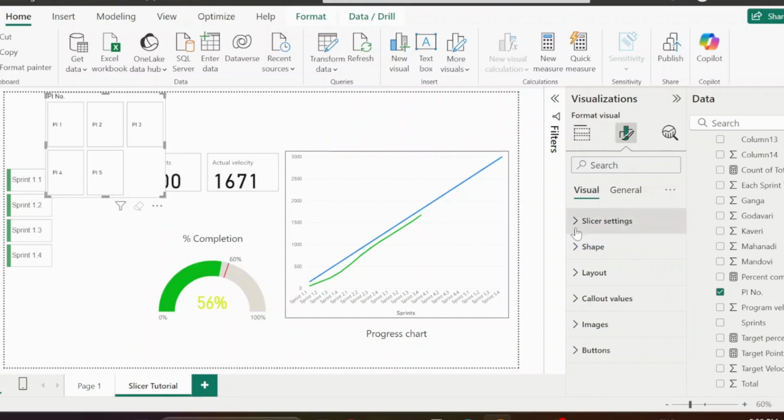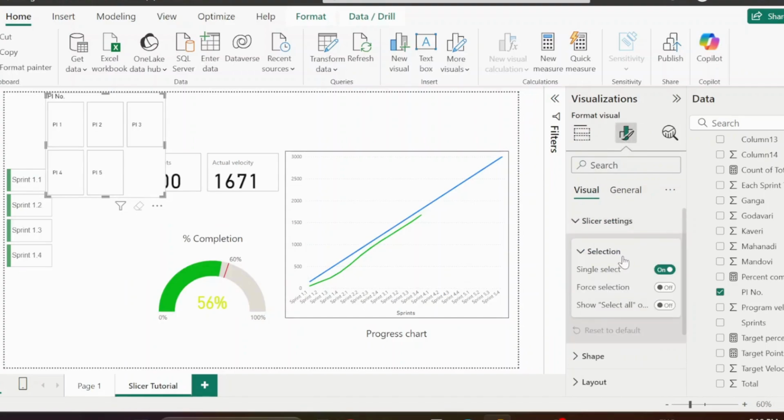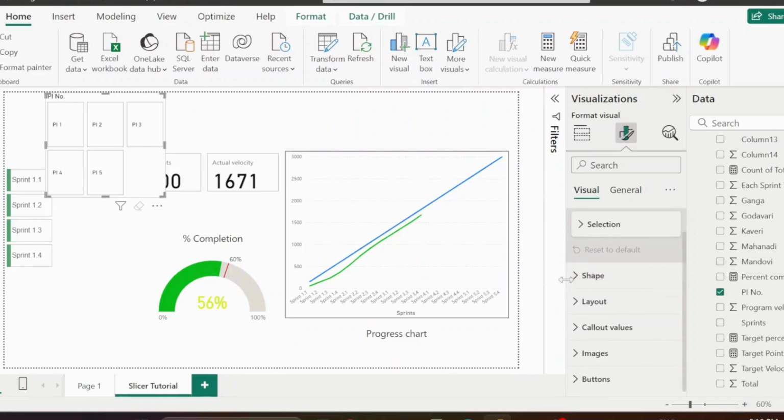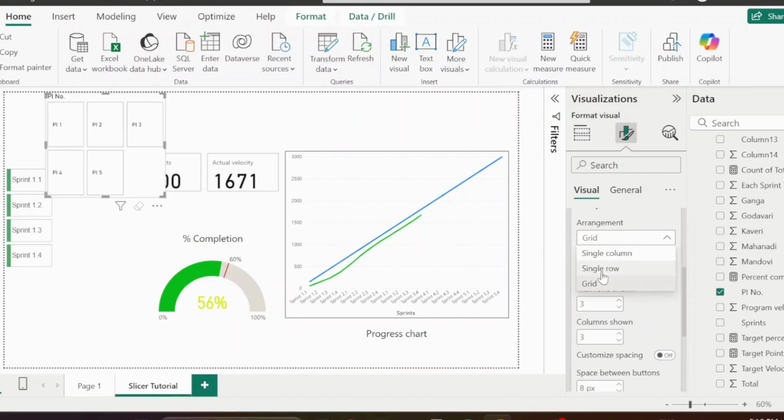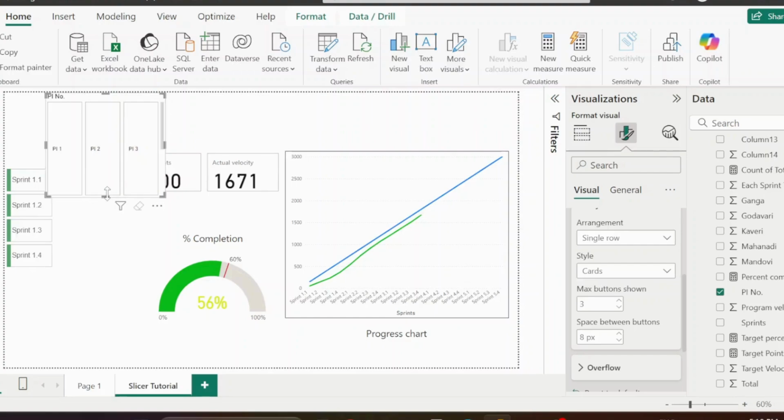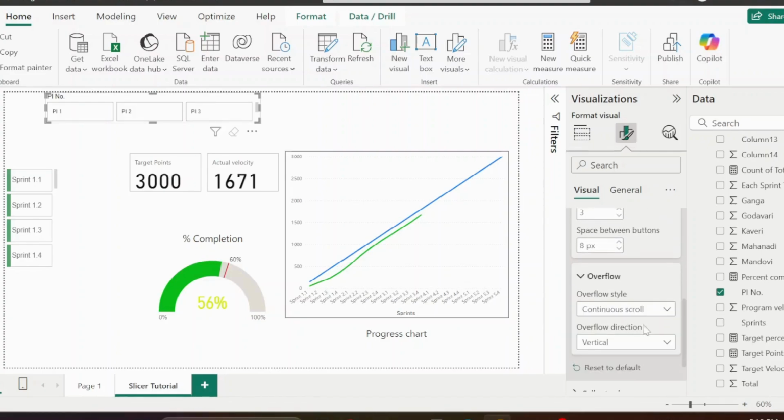Let's format it here. Slicer settings, we have a smaller number of PI. We can make it a single select. We are good with it. Shape the way you want. Layout, let's make it row view, how it appears in a row. This is how it will appear if you make it a row. And maximum cards shown, let's make it 3. Overflow, let's